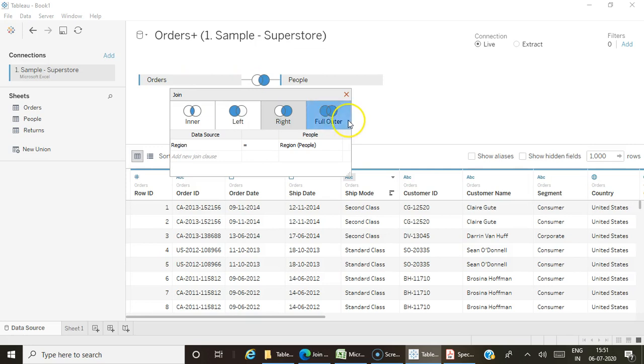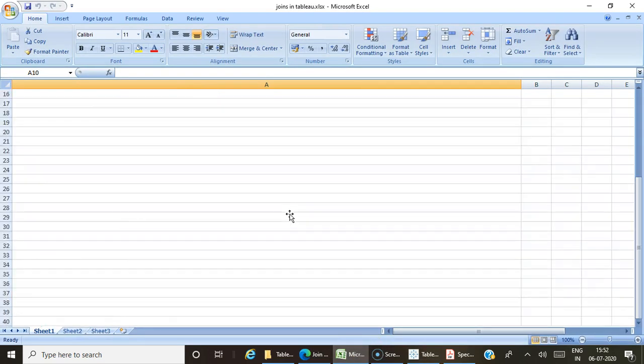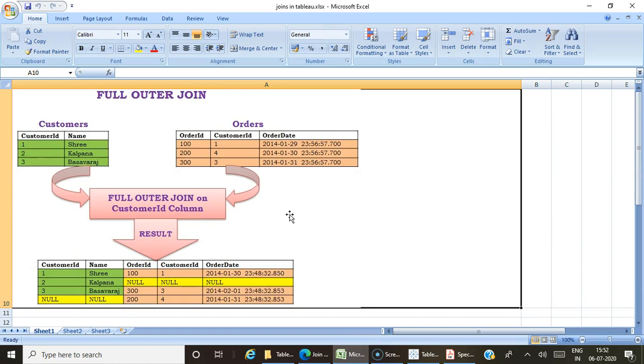In case you are going with full outer join, it will take all the records from both the tables. Wherever the records are missing, it will be replaced by null values. So full outer join will take all the records from both the tables, and if the values are missing, in that case they will be replaced by null values.